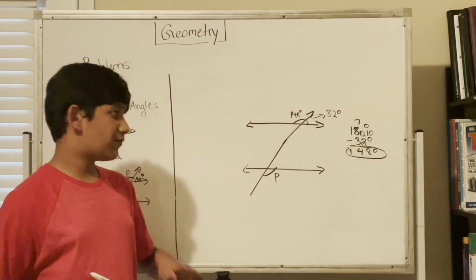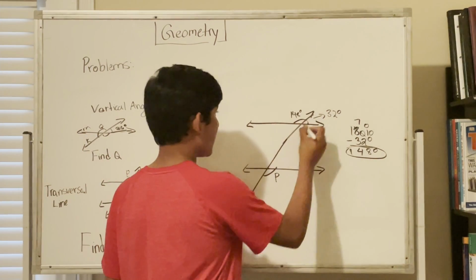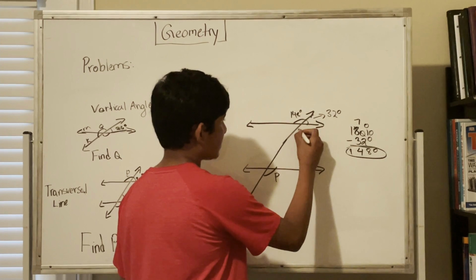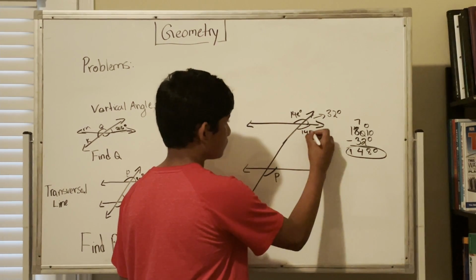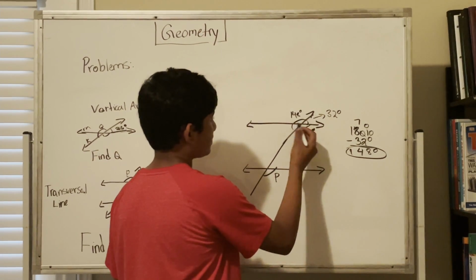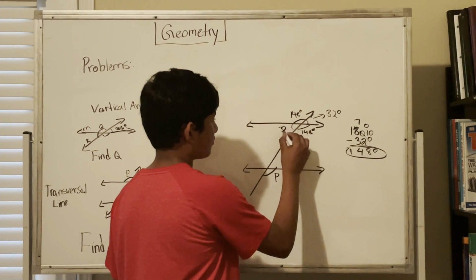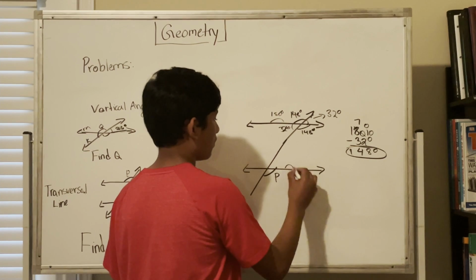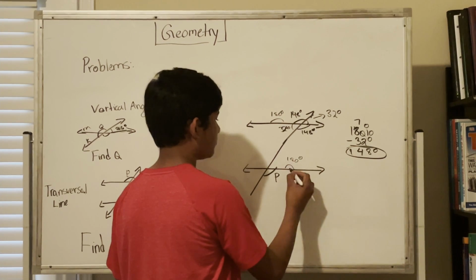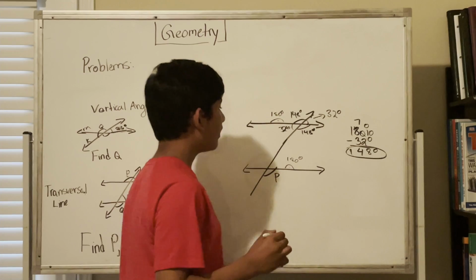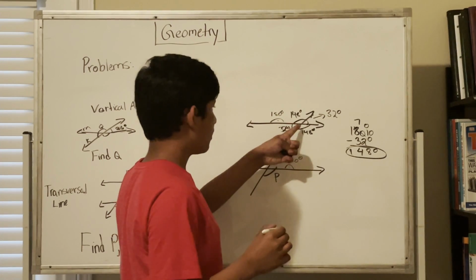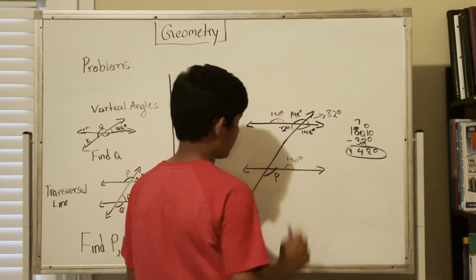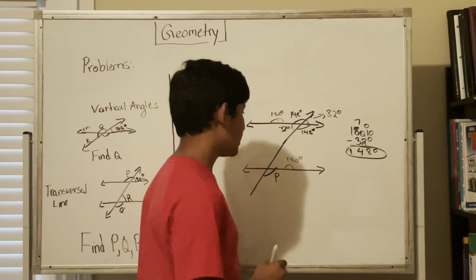Now, let's use our knowledge of vertical angles. So if we've got this 32 degrees, this is 148 degrees, then we can realize that this is 148 degrees. This is just going to be 32 degrees. 180 degrees is this line, marking it. As you can see, we identified all the angles over here. Now we have to identify all the angles over here.